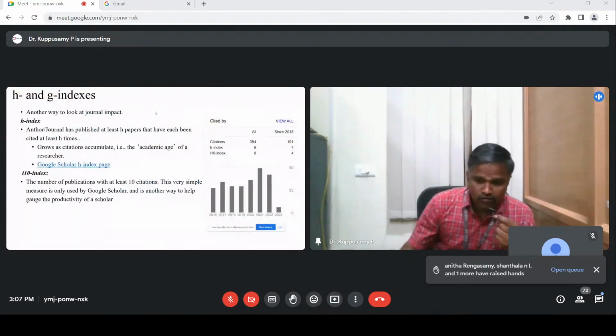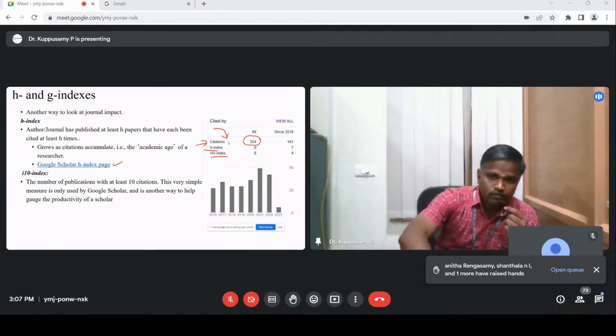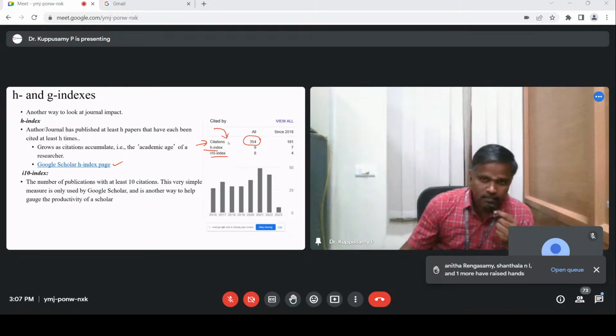And there is one more thing. Nowadays, when you are applying for NAAC or NBA, they are asking what is your citation count, what is your H-index, and what is your i10-index. So this is also important. These are based upon the references, or your research articles being used by somebody else. So this is also important nowadays for researchers.